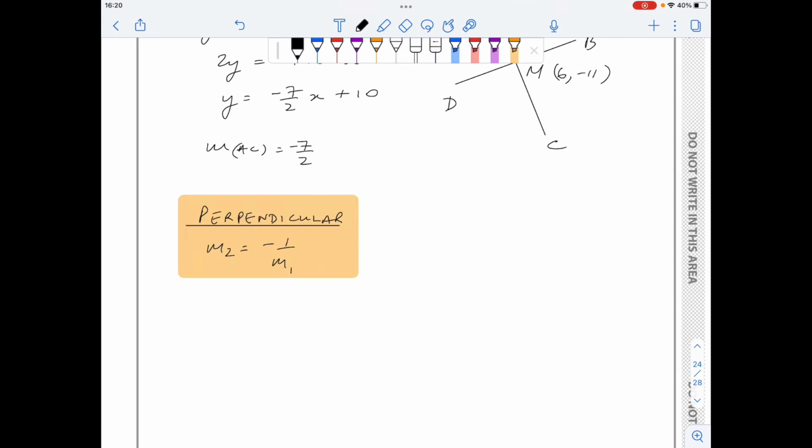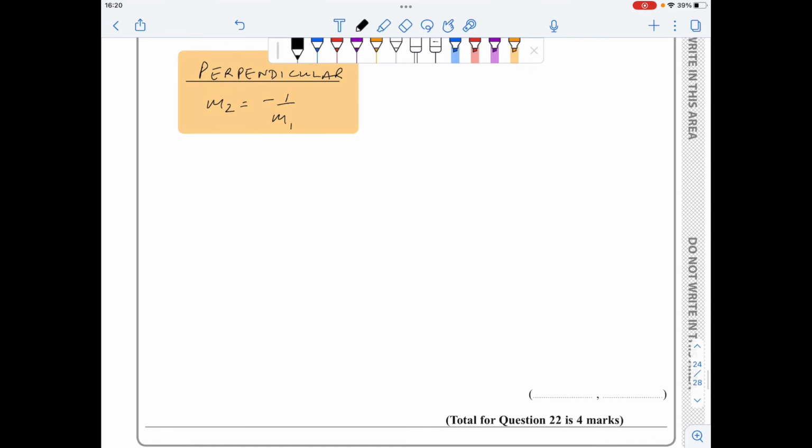If two lines are perpendicular, then the gradient of the second is minus the reciprocal of the first. So for line BD, the gradient is equal to minus minus becomes a plus, 2 over 7, the reciprocal,